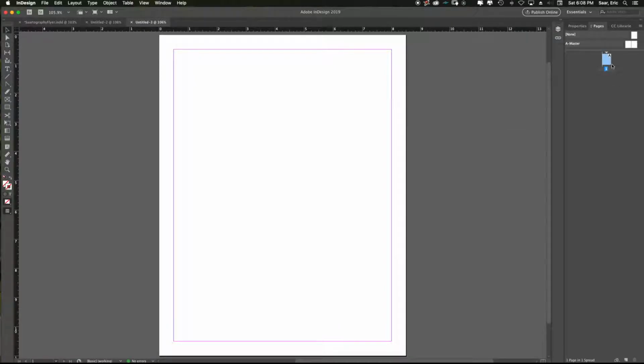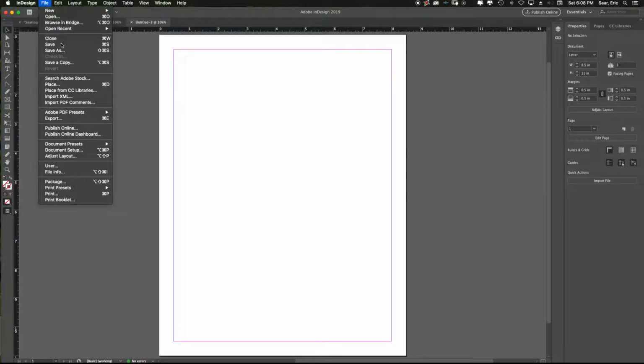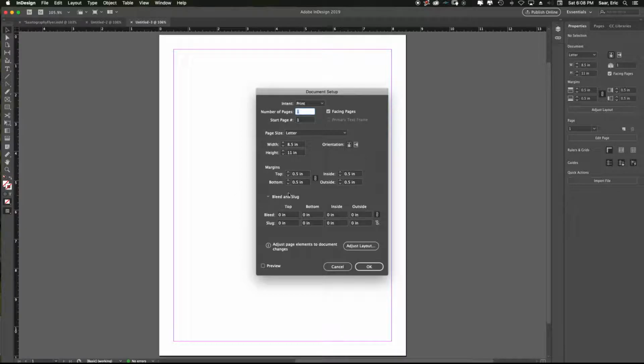Let's take a look at our pages. We have one page. Here's our page, and I get building stuff, and I go, oh, you know what? I really think I should use 3 columns. So if I go to my page and I say File, Document Setup, I can go to the Document Setup, and right in here I can adjust the columns, or let's talk about, while we're in here, let's talk about the